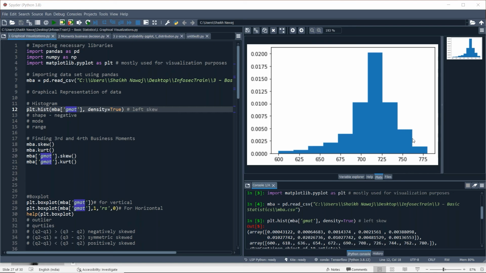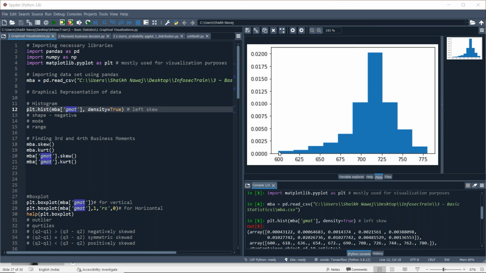Second, with the help of a histogram, you can easily find the mode. How? This bar shows you the mode, or it simply gives you the value. Here something like 720 is the mode.